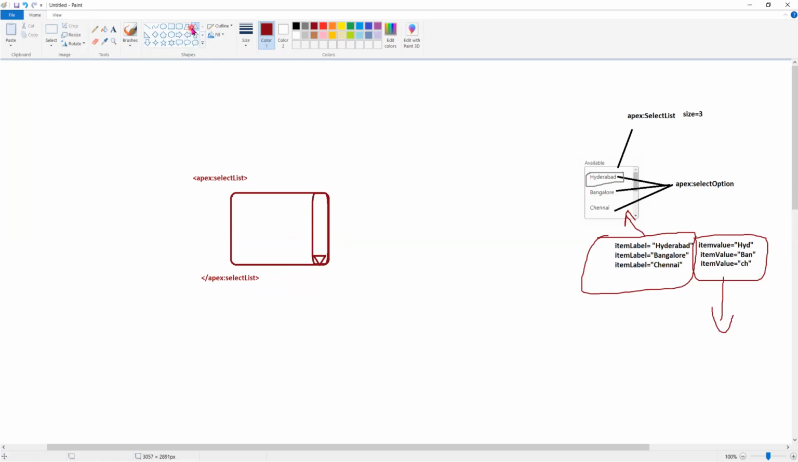Right, it has a scrolling button available. So this is what will be displayed when I use the select list. If I just use the select list, this is what it will display. But if I want to put values inside,